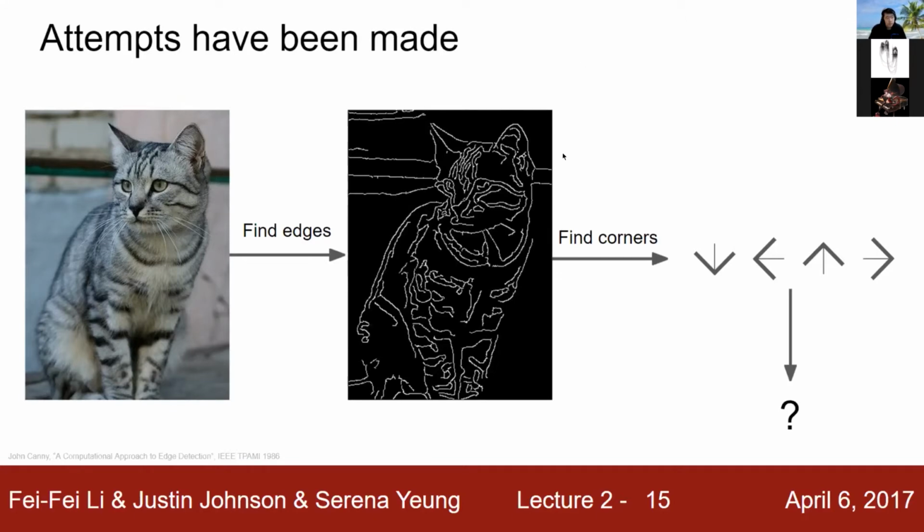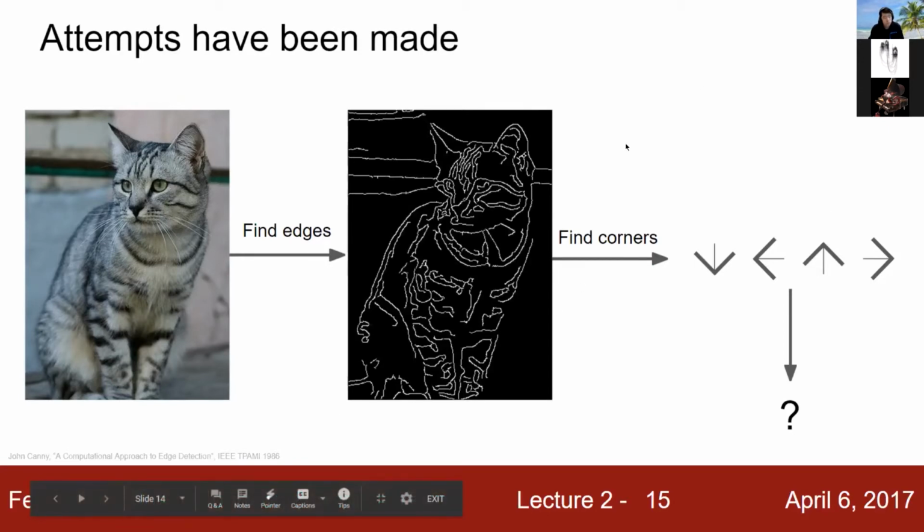However, there are 2 main problems. The first one is it's not really accurate. All of the challenges we talked about earlier still apply. Like, how do you know if you can only see a tail? And then the second thing is it's not very robust, which when we say robust, we mean you can't duplicate it for another image. For example, if I want to start classifying dogs instead of cats, I have to redo all of my rules. All of these corner rules that apply to cats might not apply to dogs,